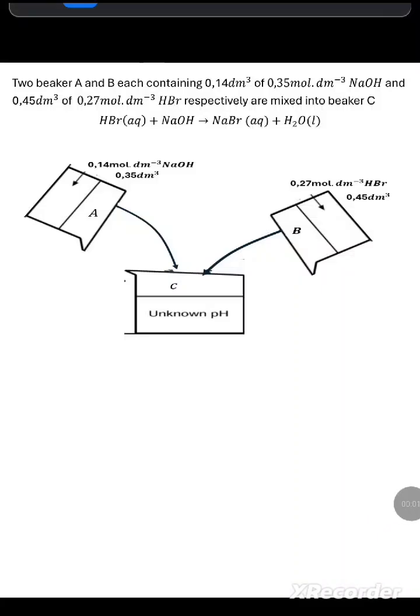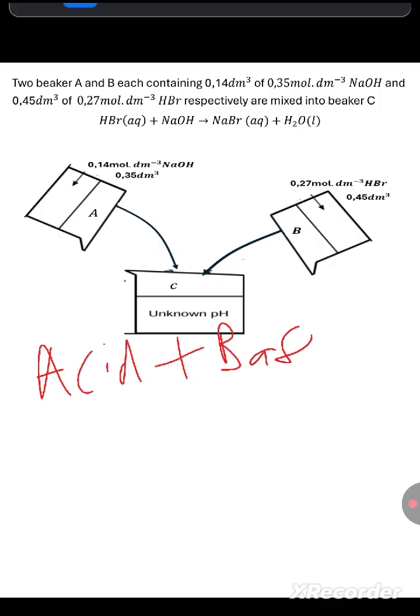We want to have a look at acid and base pH calculation questions. Right, this one is going to be interesting. Now, we have an acid reacting with a base. When an acid reacts with a base and the amounts are not equal,